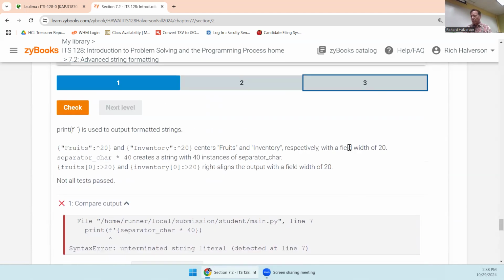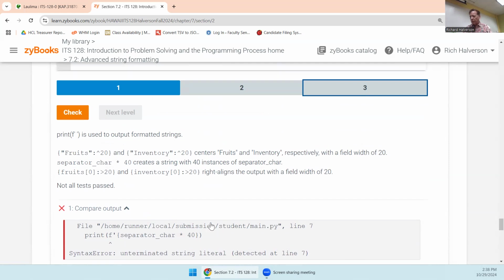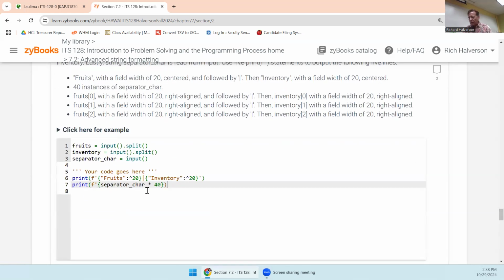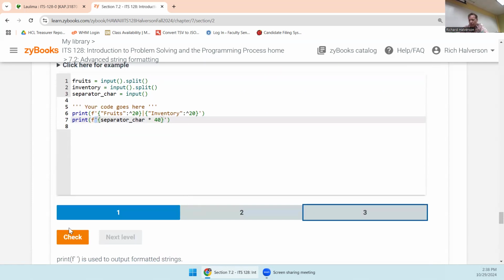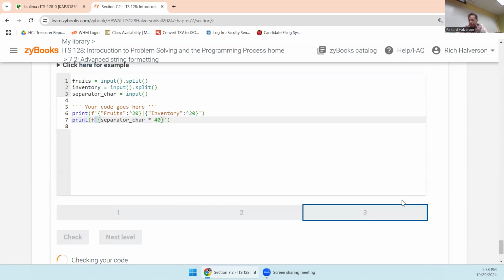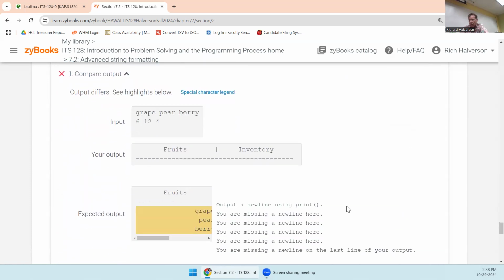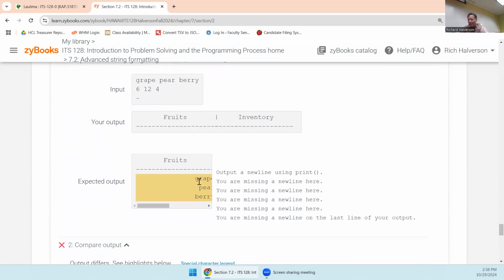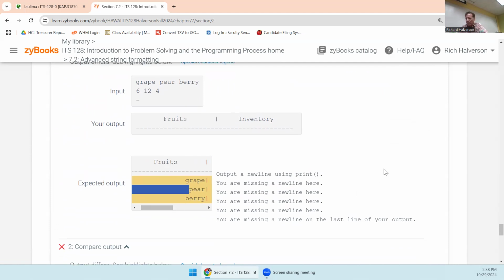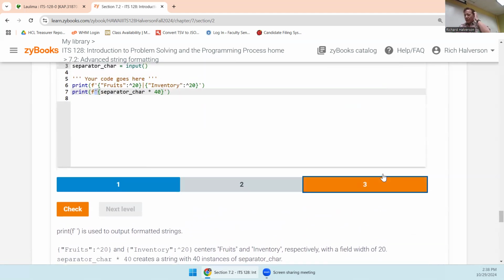Oh, it didn't produce any output. Is there something wrong? Unterminated literal string. I forgot to terminate the literal string. This is the beginning of the literal string. So let's see what. Ah, got this part right. But now I've got to do that. What does that look like? Grapes. Okay, so next I've got to do